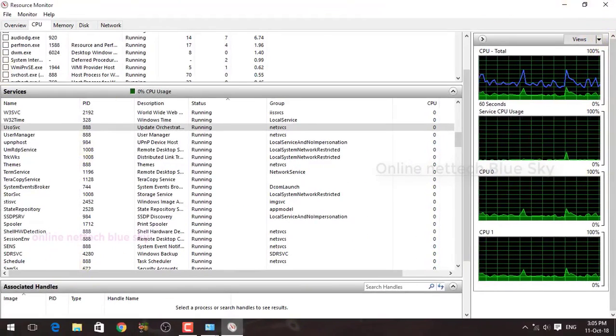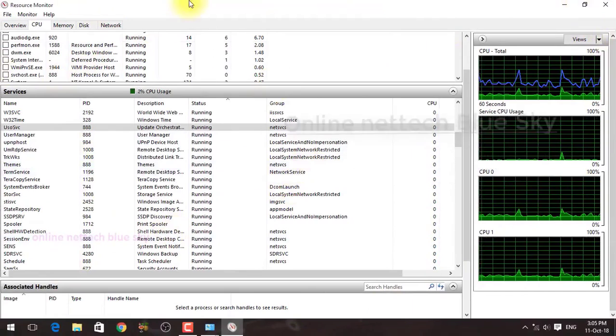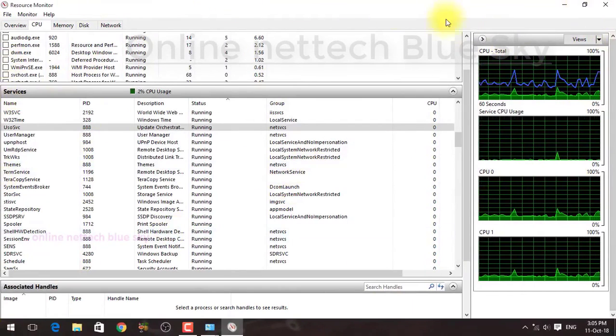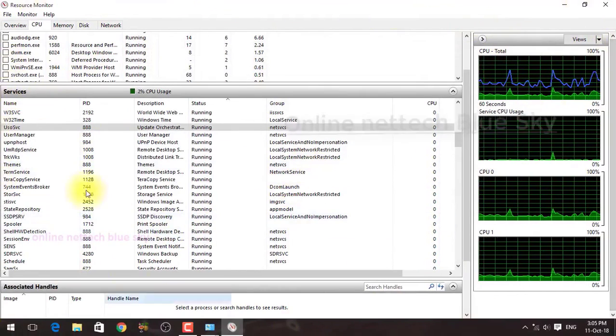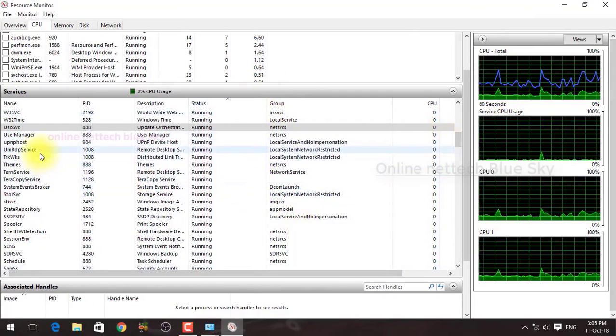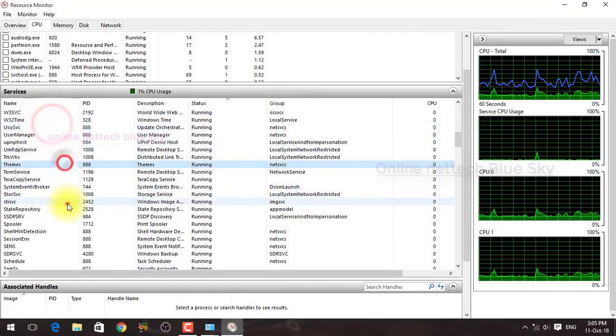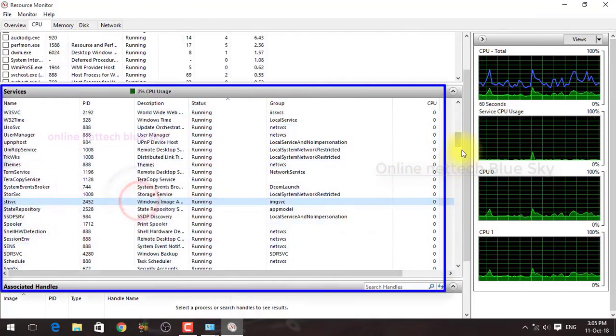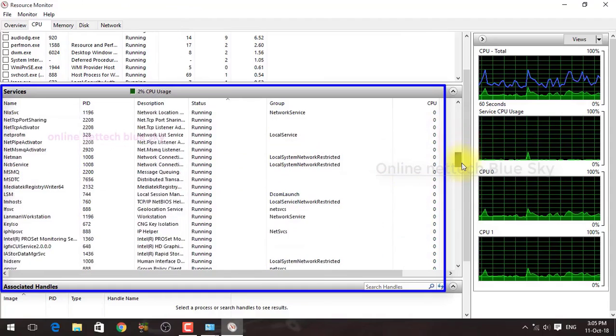But some files I stop here. I want my computer to be fast, and for this reason I stop unnecessary process files. So you can see how many tabs you change.